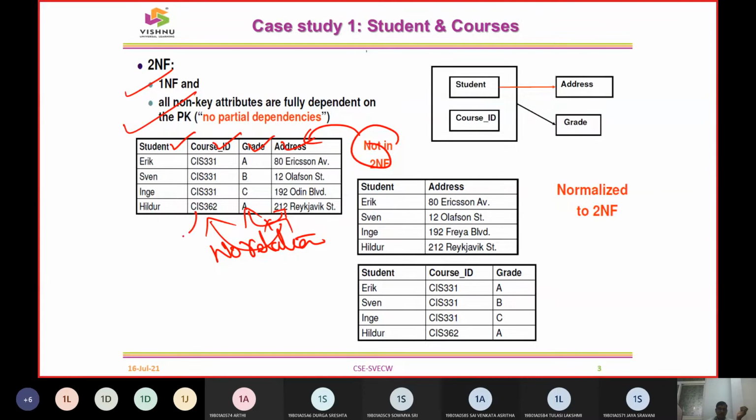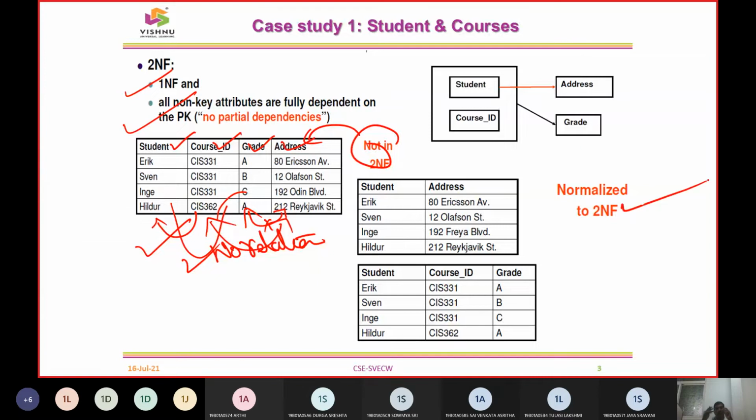Is there any relationship between course and student? Yes. Is there any relationship between the student and grade? Yeah. So in this way we can give what attributes have a relation, and when we go for decomposition, what attributes we need to make a decomposition has to be taken up.